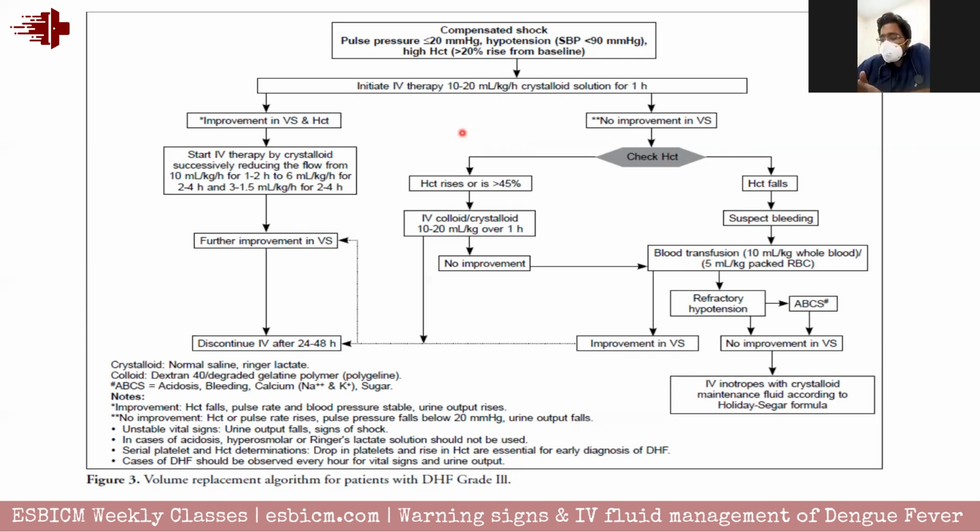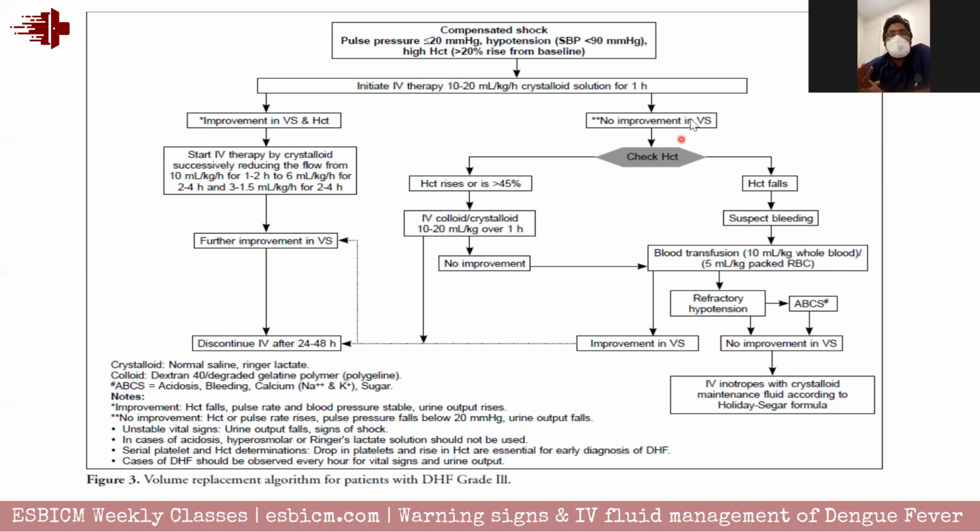So in these cases, whereas previously we were starting at around 6 ml per kg per hour, now we'll have to resuscitate the patient at around 10 to 20 ml per kg per hour of fluid for around 1 to 2 hours. Then again we have to reassess the patient's vital signs and hematocrit. If it is in an improving trend, then we have to reduce from 10 to 20 to 10 ml per kg per hour for another 2 hours, then 6, then 3 to 1.5 for another 2 to 4 hours. For this, fluid management will be the same; for 24 to 48 hours we have to monitor the patient, and we have to give the total fluid calculation for 24 to 48 hours.